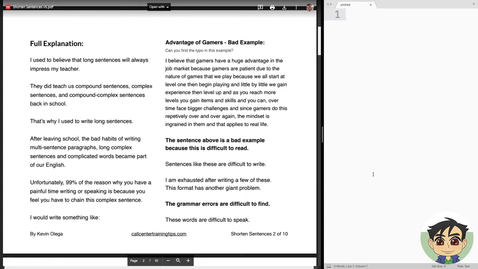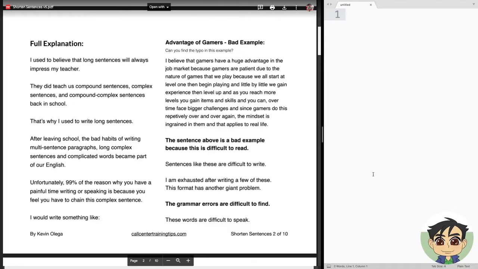After leaving school, the bad habits of writing multi-sentence paragraphs, long complex sentences, and complicated words became part of our English. Now, unfortunately, 99% of the reason why you have a painful time writing or speaking is because you feel that you have to write these complex sentences.